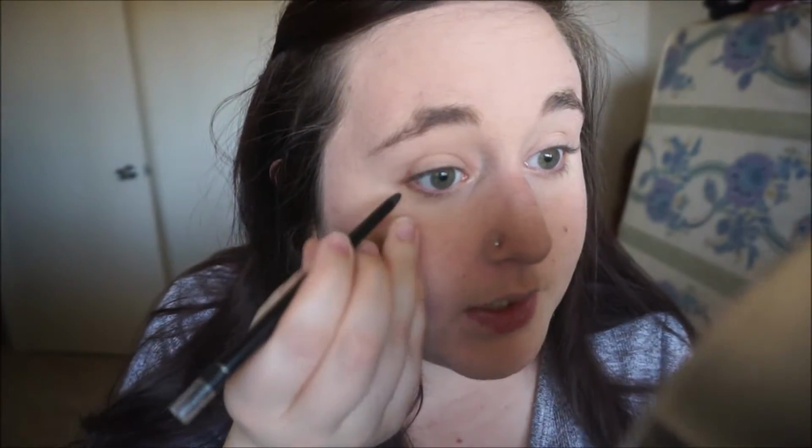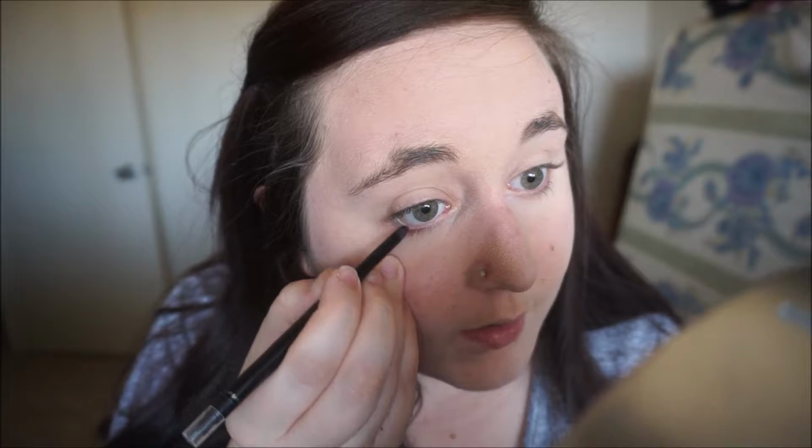So this is the one I'm using now. I don't know what I used in high school exactly. I can guarantee you it was probably an NYC one or Wet n Wild one because those were the cheapest. But I would take my eyeliner and I would line my waterline